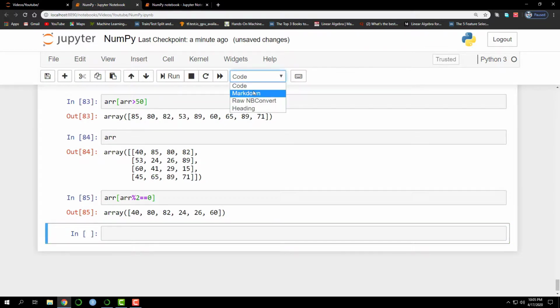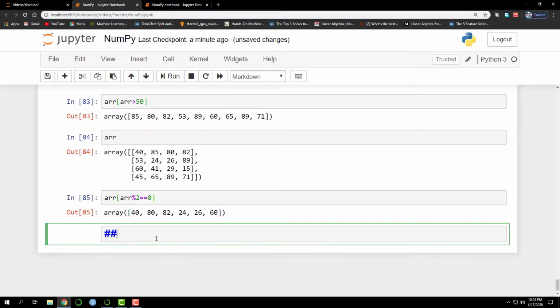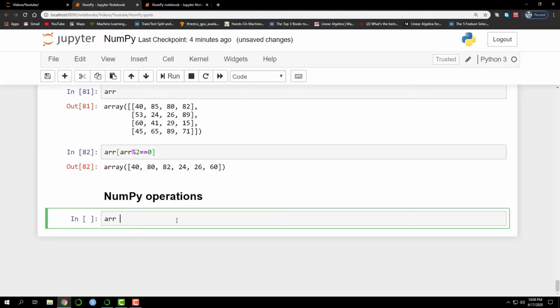Now let's discuss NumPy operations. First, I'll create an array and intentionally include 0 in it. I'll tell you why in a moment.